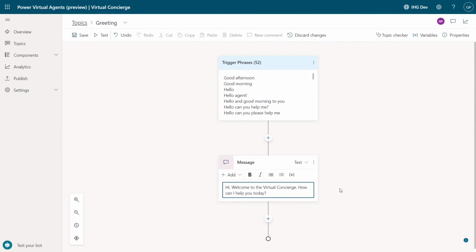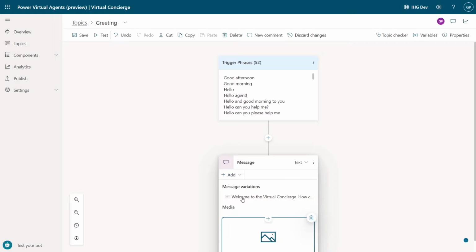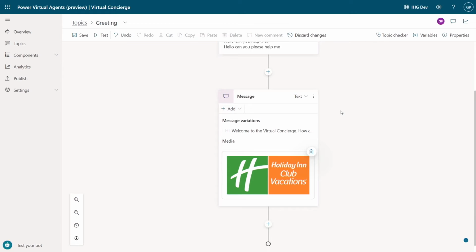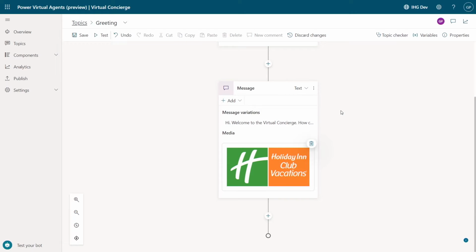For example, a customer might chat using the app to plan activities, call from the phone in their hotel room to request housekeeping, or even from their cell phone to extend their stay because their plans changed whilst they were out exploring on their vacation. Right now, I'm in the greeting topic for the bot. And the first thing I'd like to do is to improve the welcome message. It's currently a simple text message, but I can enhance this using the new rich responses capability by adding an image. I paste the URL to the image I want to add, and I immediately see a preview of how it will appear to users.